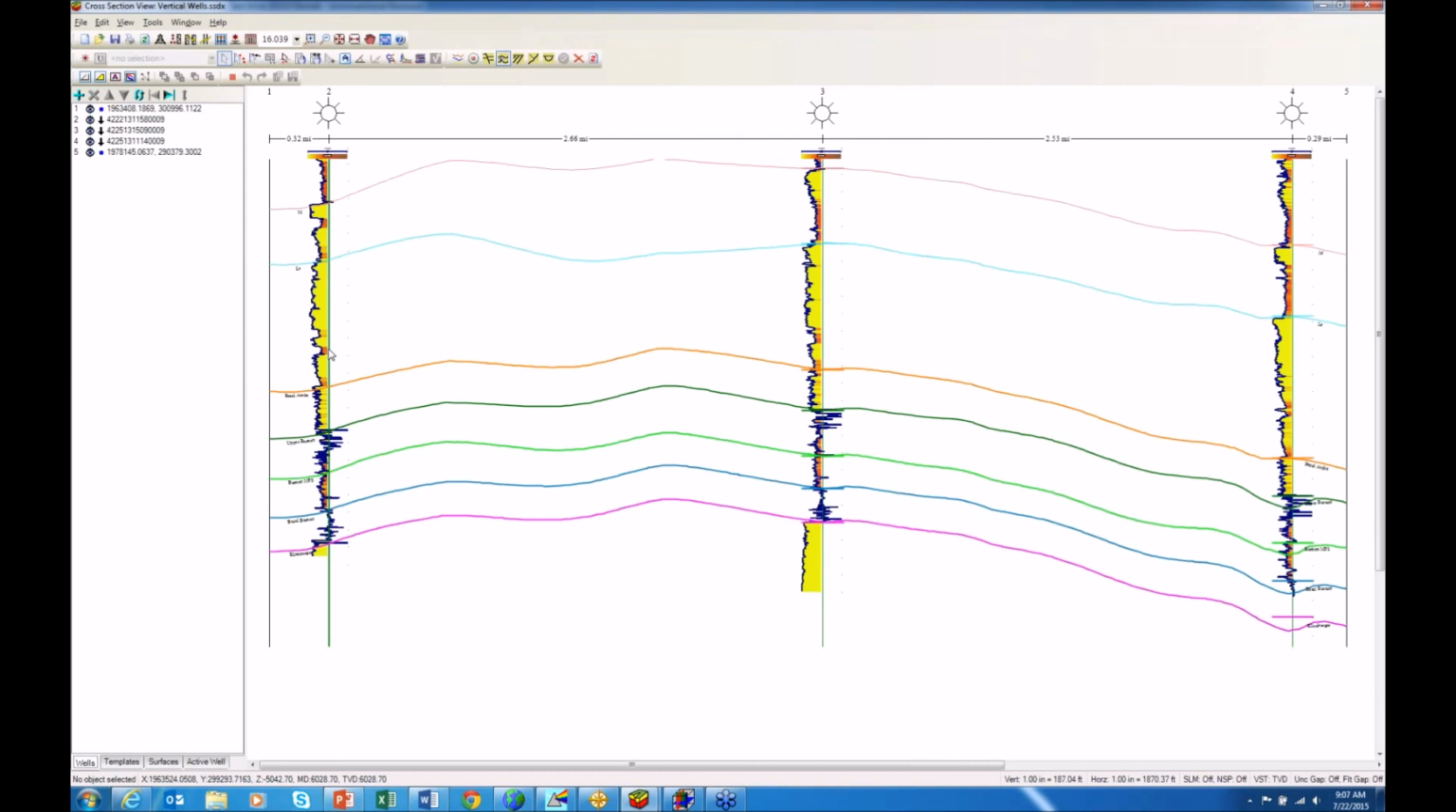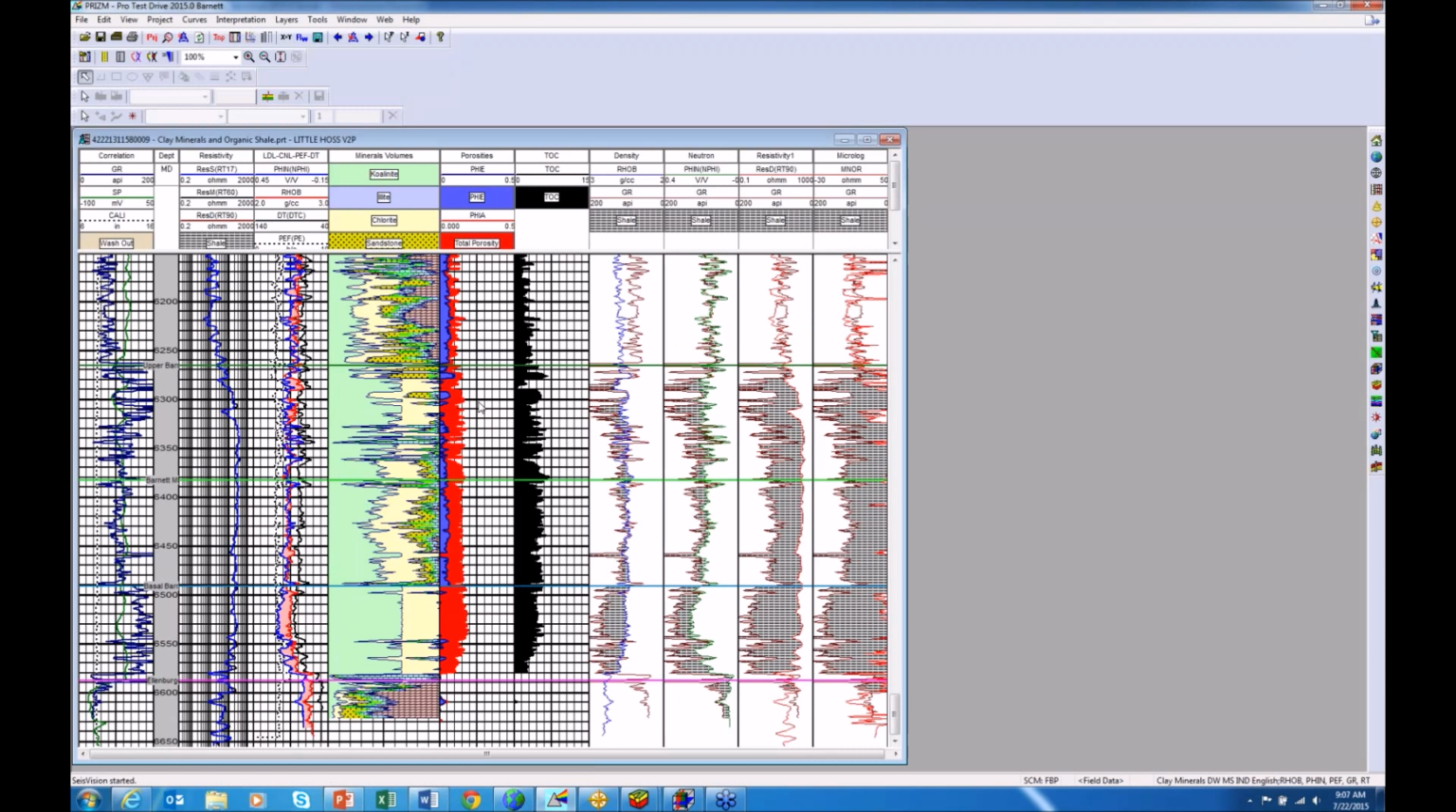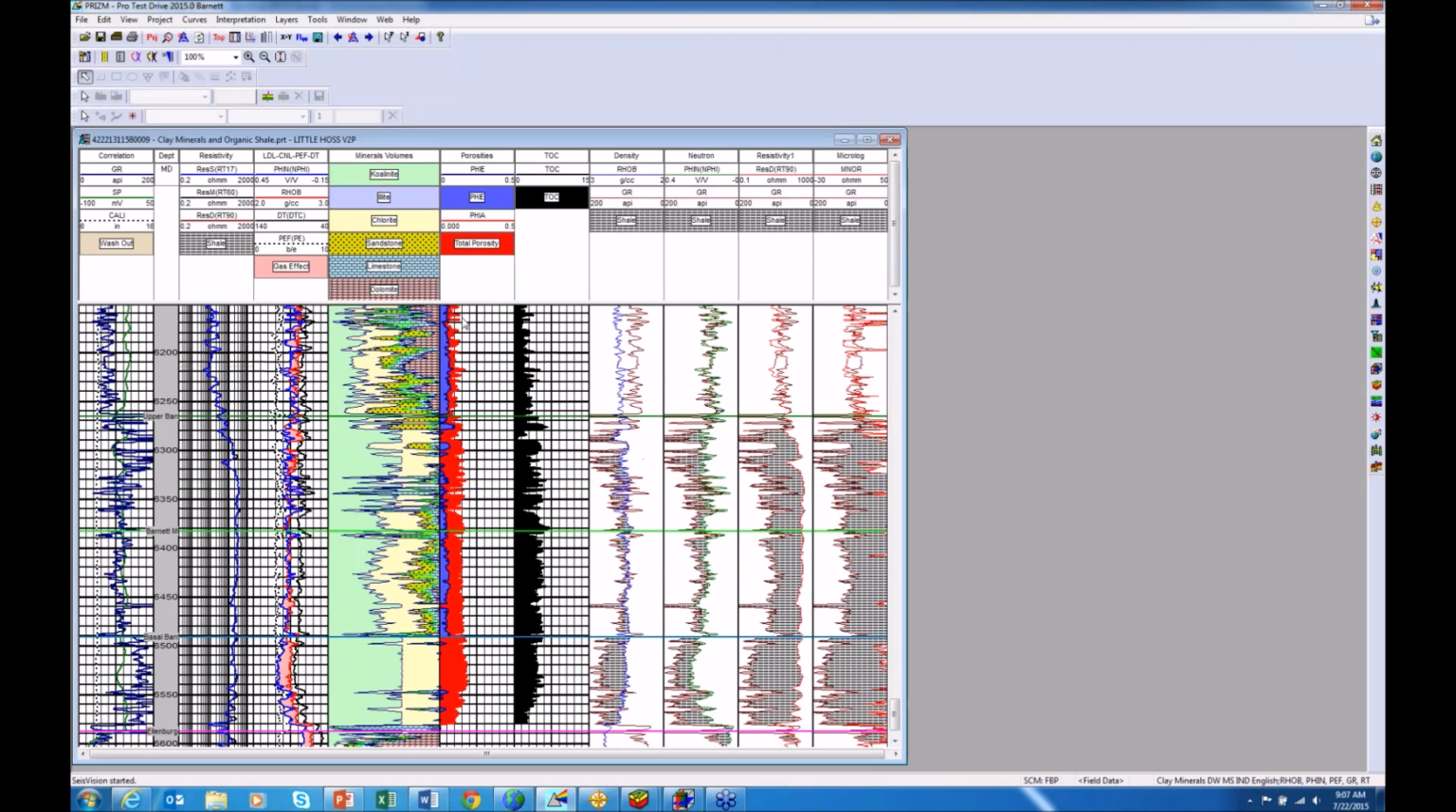Now let's look at this first well in our cross-section here in Prism. So I'm going to shift over to Prism. We're looking at a model here of our mineralogy based upon a PEM, an external model that I've got running in the background. But before we can get good interpretations, we first have to normalize the input curves, particularly the gamma ray curves. So we have a new curve normalization tool